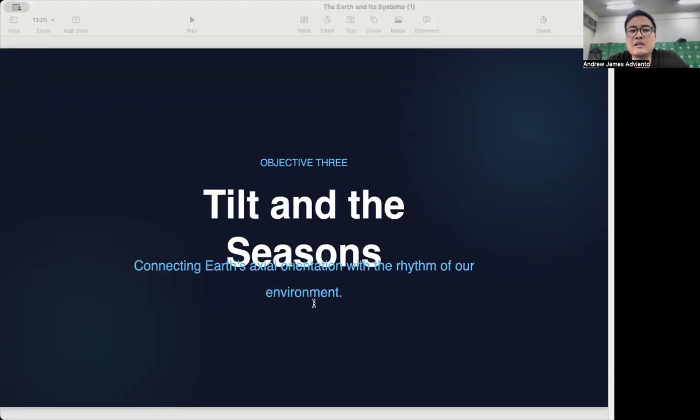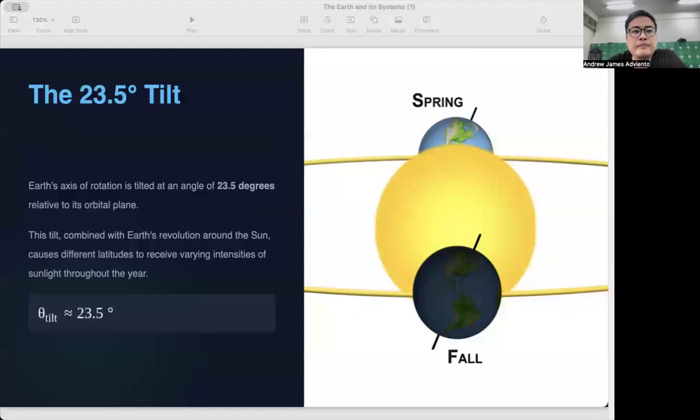So, the tilt and the seasons. This is why weather changes. Many people think we have summer because we are closer to the sun, but that is actually a myth. The real secret is the tilt. Earth does not sit straight up and down in space. It leans at an angle of